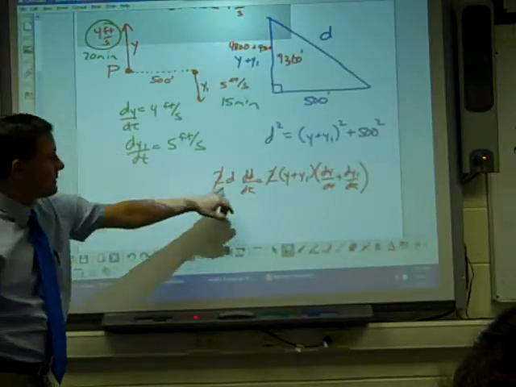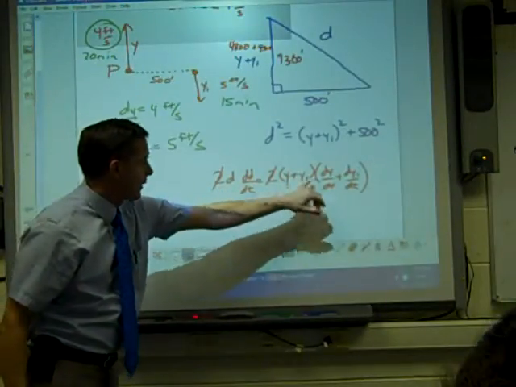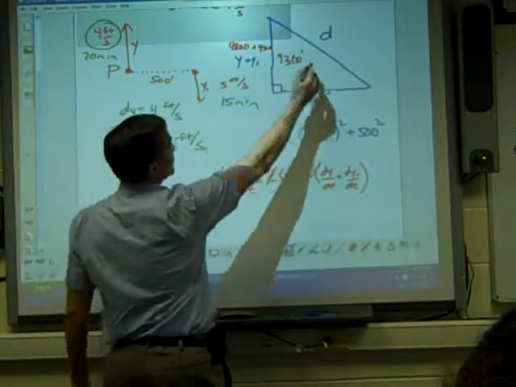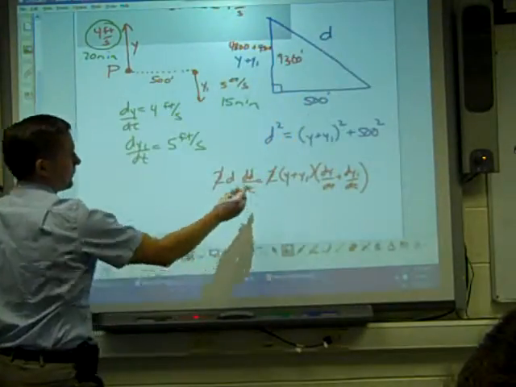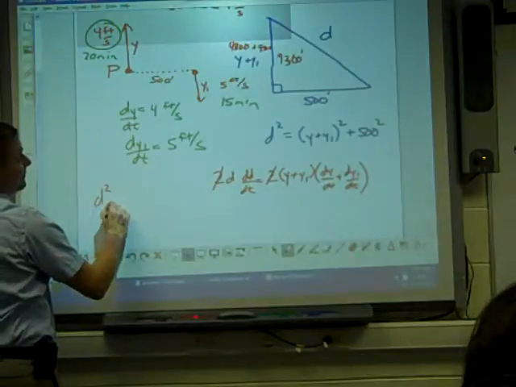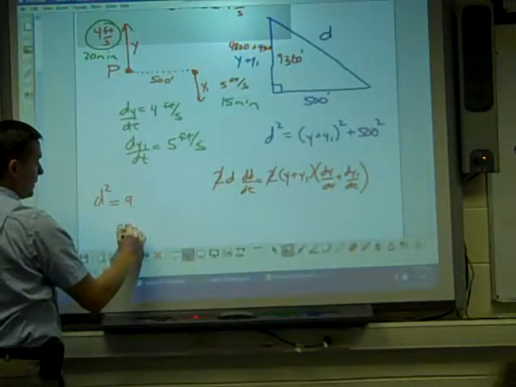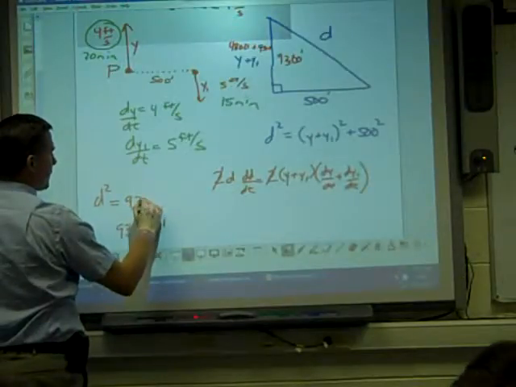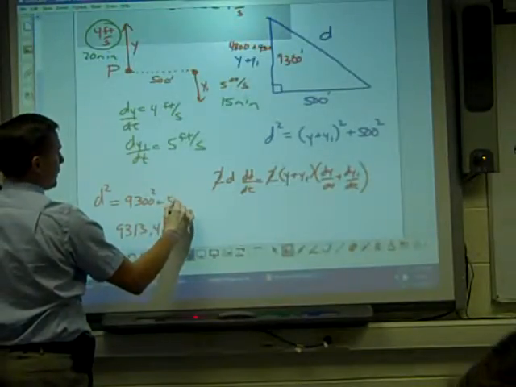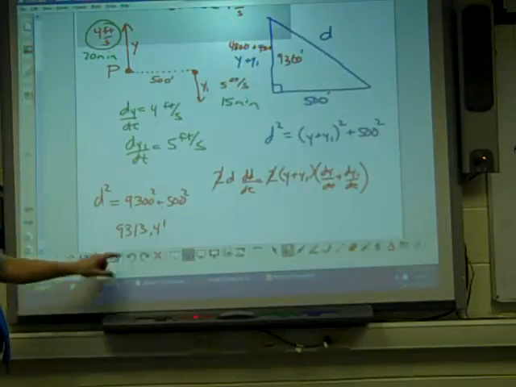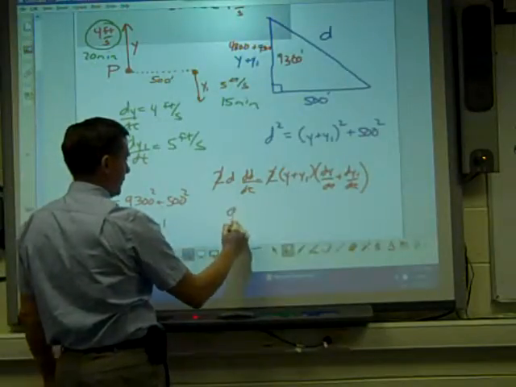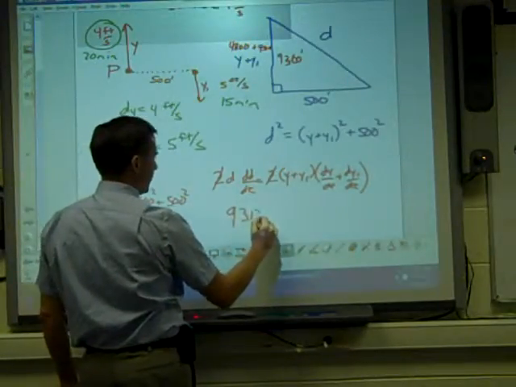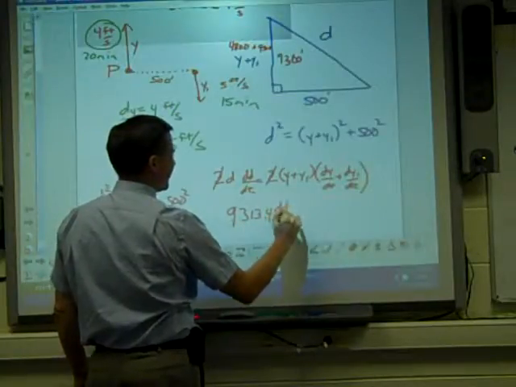I need to know D. I know y and y1, I know all the variables except dD/dt. I have to calculate D up here, right? D is 9313.4 feet, and that's because of 9,300 squared plus 500 squared, take the square root. So now it's simply plugging in numbers: 9,313.4 feet times dD/dt